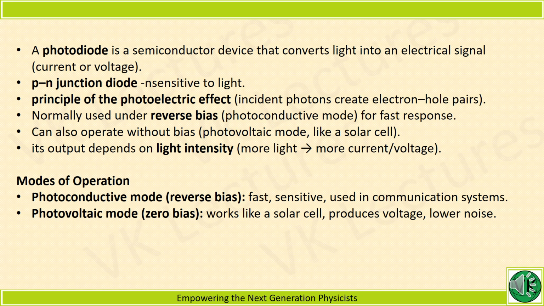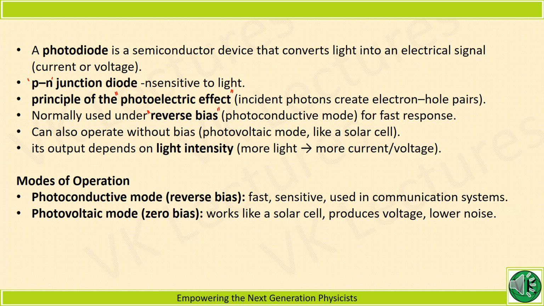photodiode. It is a semiconductor device that converts light energy into electrical energy. Similarly, it's a semiconductor, which means it's a PN junction diode which is sensitive to light. It works on the principle of the photoelectric effect, where incident photons create electron-hole pairs. It usually works under reverse bias,